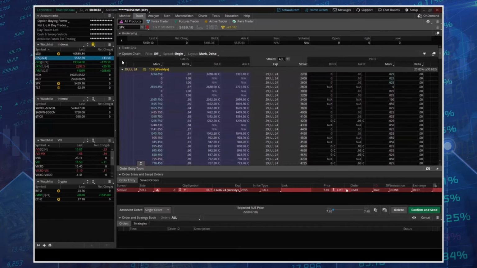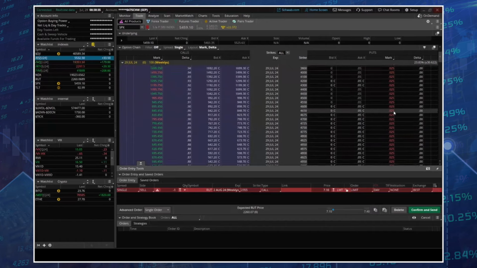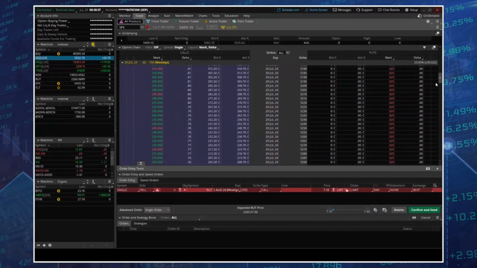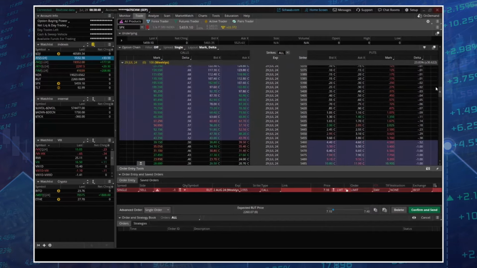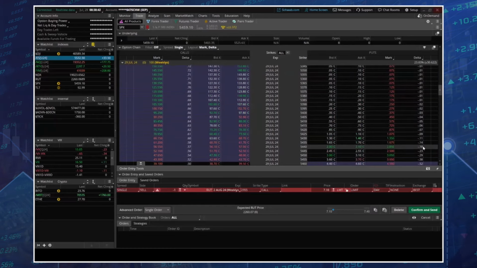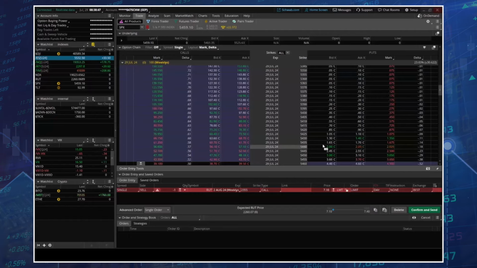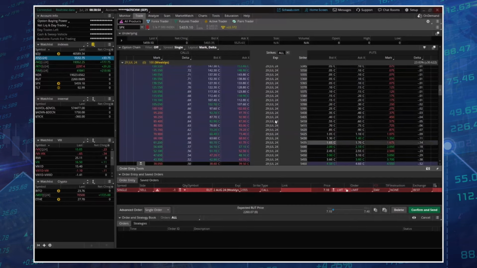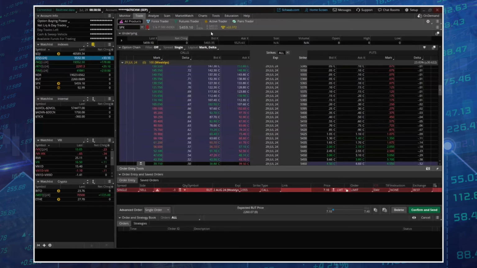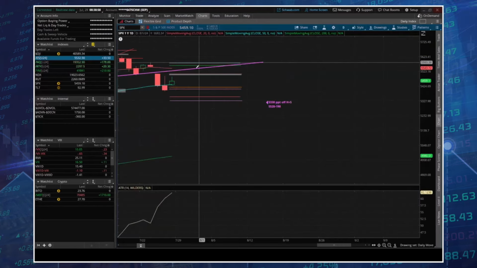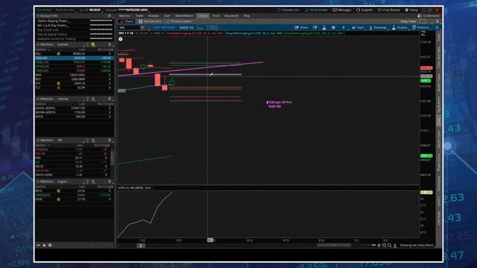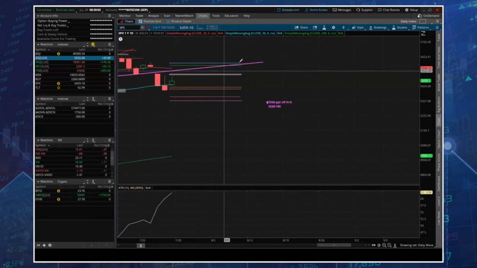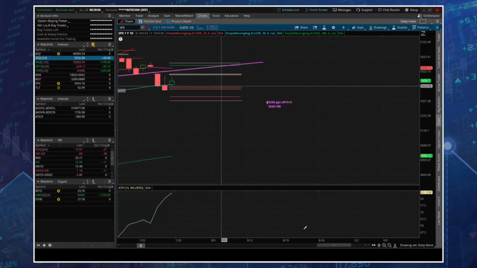That's one way to determine it. Another way is using a 16 delta option. We come in and ask which option is the 16 delta. The expected move for the day, looking at it here, is between 54.35 and 54.40. If we estimate that it's in the center of that, we can say it's 54.37.50. Then you can do the same thing on the call side, and that gives you the expected move for the calls. That is what these lines represent, what they were last Friday. That way you have an idea of what the implied volatility market expects.